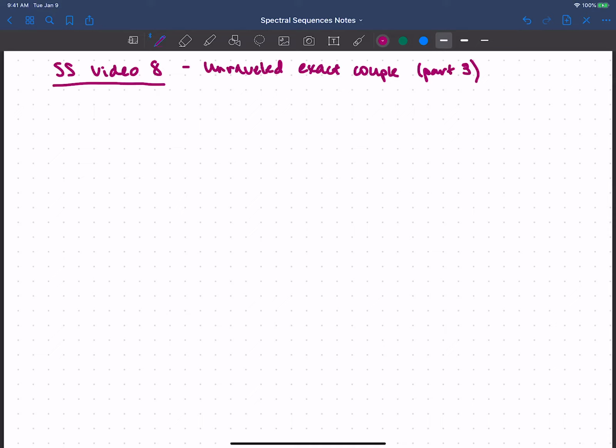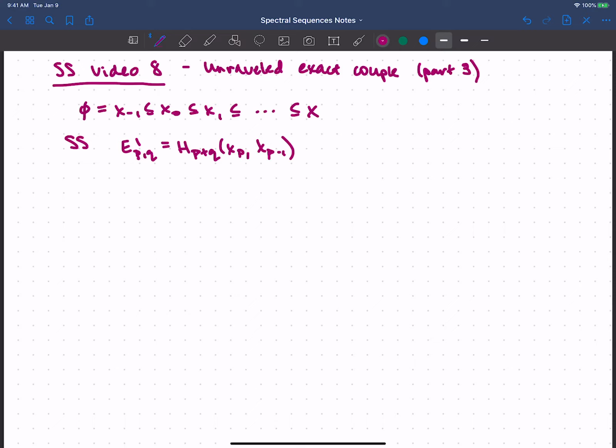All right, welcome back. We're still looking at the unraveled exact couple coming from a filtration of a space. So I've got this filtration, and we've said loosely that we get a spectral sequence where the E1 page starts with the relative homology of the filtered pieces. And we haven't talked about the convergence at all, but I claim that this cooks up the homology of our